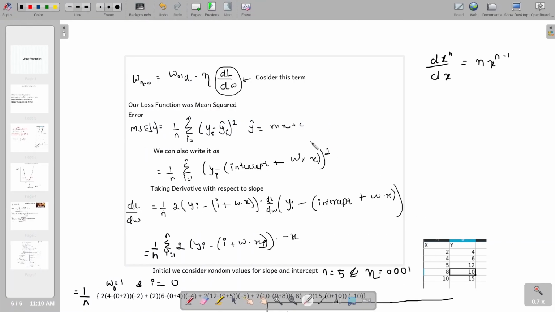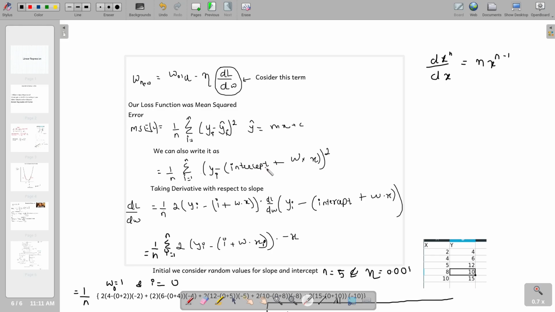So this is the math behind gradient descent. Let us understand step by step. This equation that you see is nothing but my loss function of mean squared error. The difference between cost function and loss function is that cost function is for multiple values and loss function is for only a specific value. The only change I am doing here is that instead of writing y hat, I am replacing it with the equation of a line, y is equal to mx plus c, where m I have written as w and c I have written as intercept. The same thing, check, yi minus y hat, I'm just replacing it.